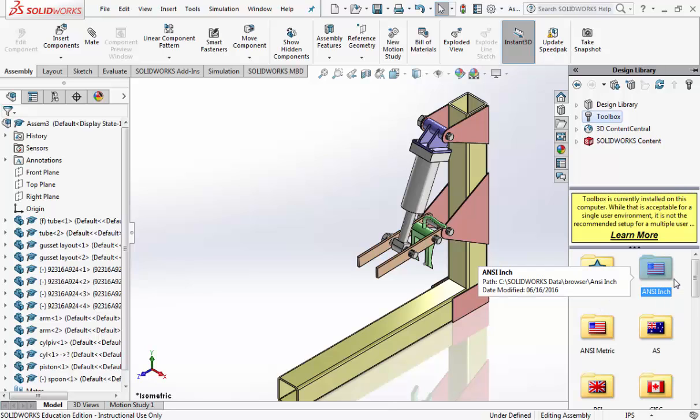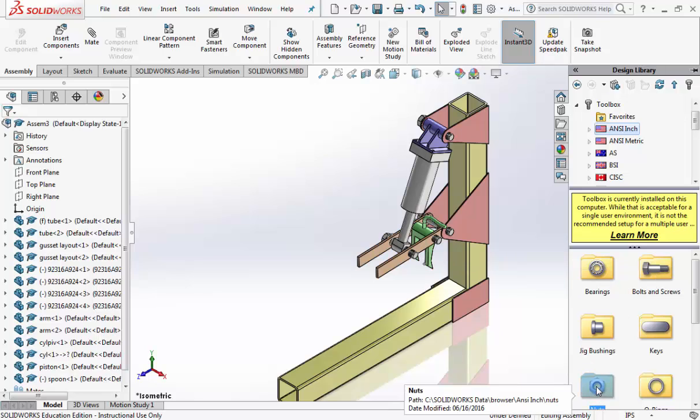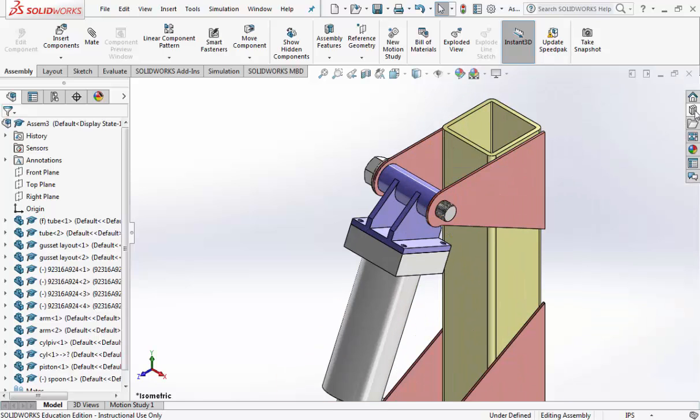And we want the ANSI inch, and we want nuts, acorns. We're going to highlight the acorn high crown nut. And what you want to do is zoom in and click and drag and kind of hover over your bolt, and it will actually adjust to the size of your bolt automatically. And you want to try to get this little icon where it looks like a